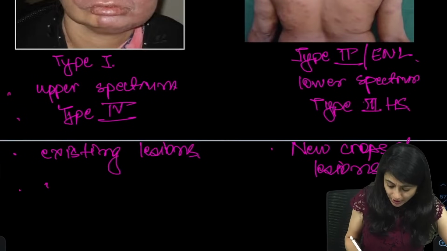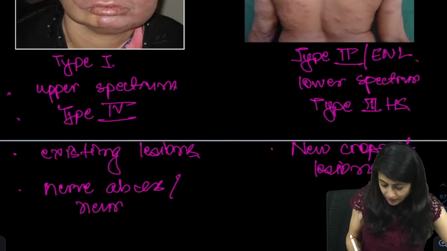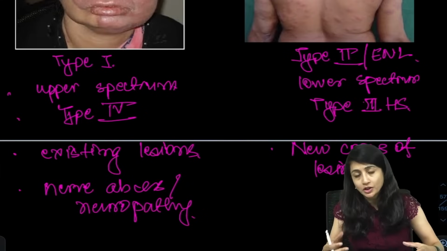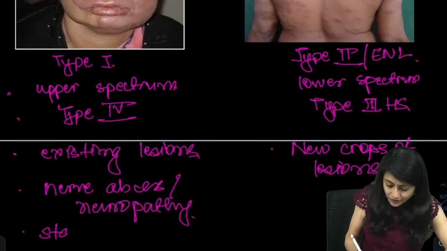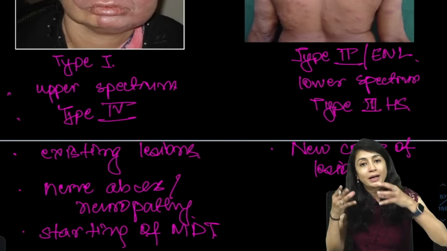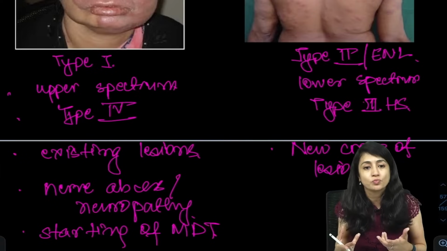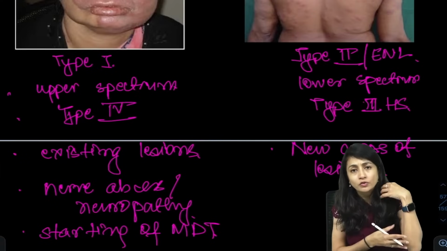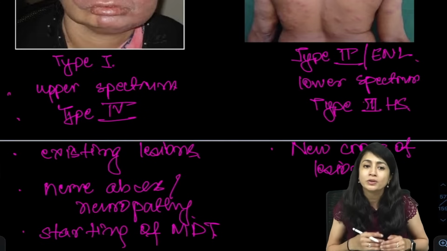This is also associated with nerve abscess or new onset neuropathies. Basically, please understand that type 1 is my body's immune reaction against the bacteria, which are being degenerated because of starting of MDT. When you start MDT, the bacteria dies, and the bacterial antigens that are released, my immune system mounts an immune response against it. So the existing lesions will become tender, red, erythematous, nerve involvement will be there. So typically a history of starting of MDT will be there, lower upper spectrum would be there, and these will